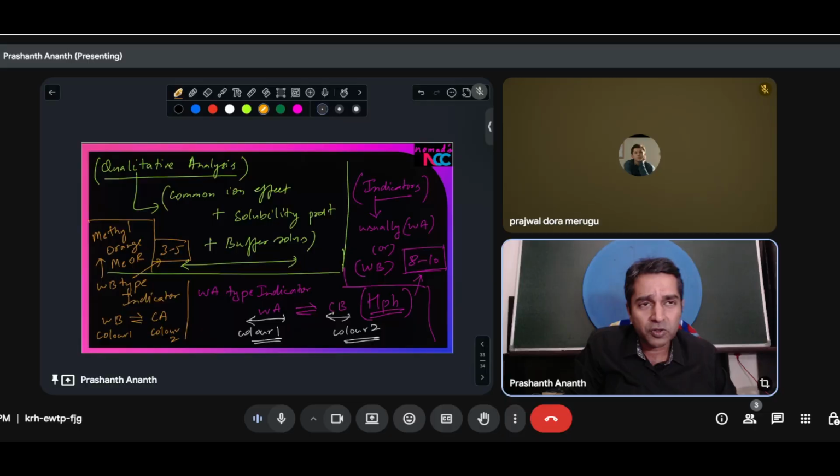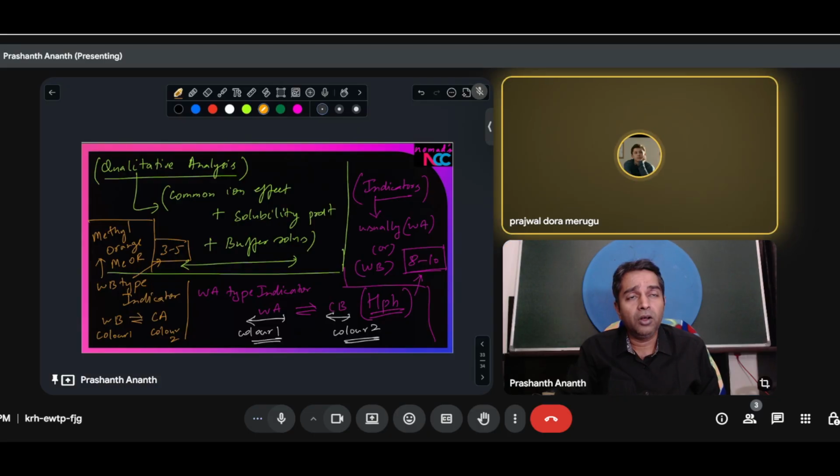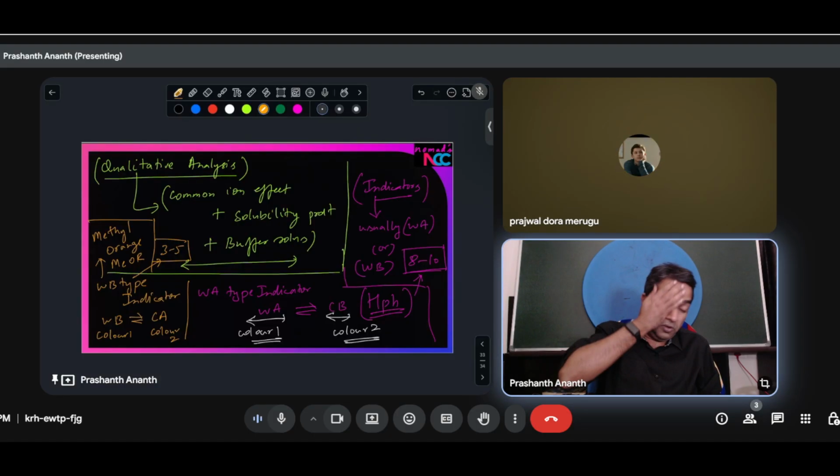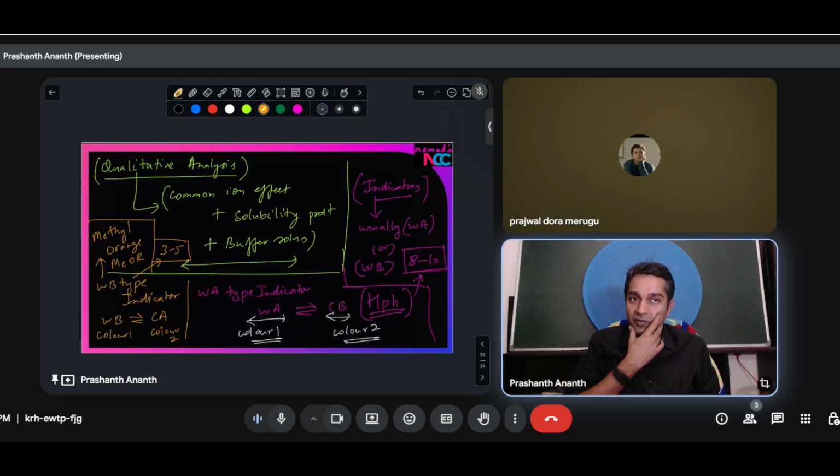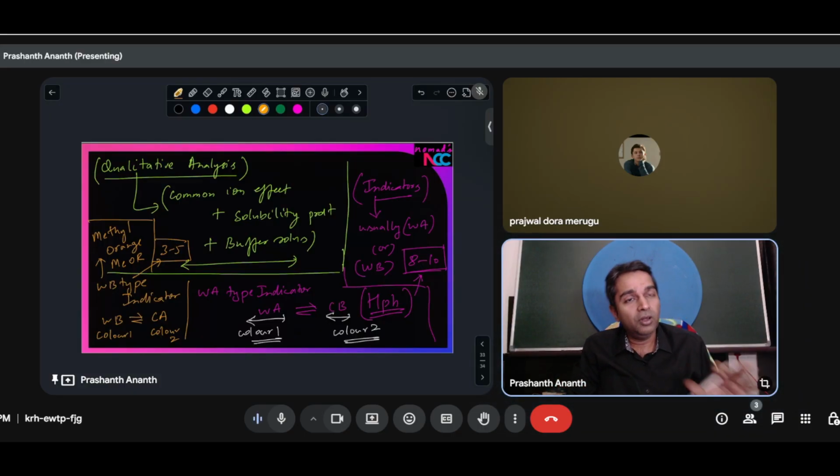Have you discussed this in your school, or you have not discussed indicator range calculation and all? No, sir, they haven't discussed. You haven't discussed. Okay, maybe some other time when we are pushing things a little bit more, we will go there. When we are seeing questions, we will see this. Or I'll give you a couple of questions on this and we'll discuss it based on those questions. From a more or less JEE perspective,